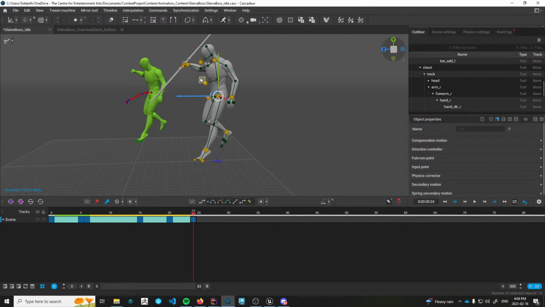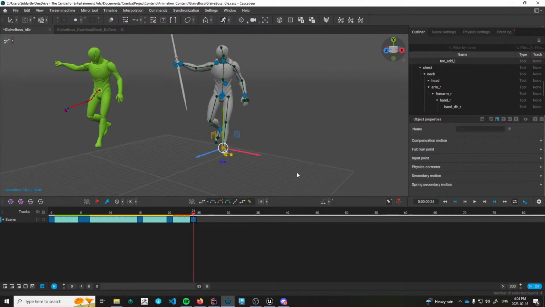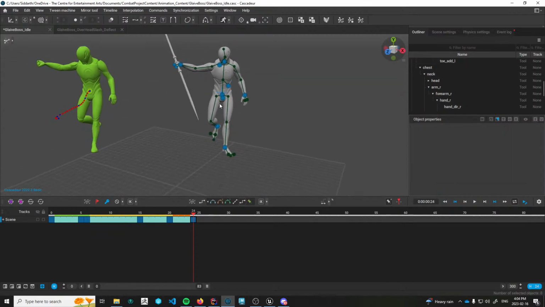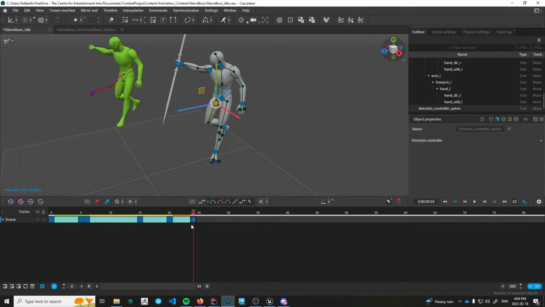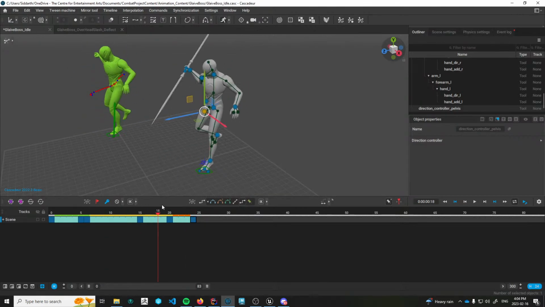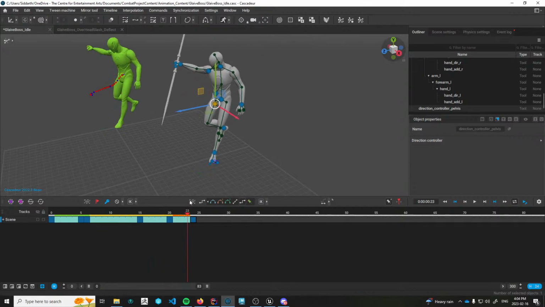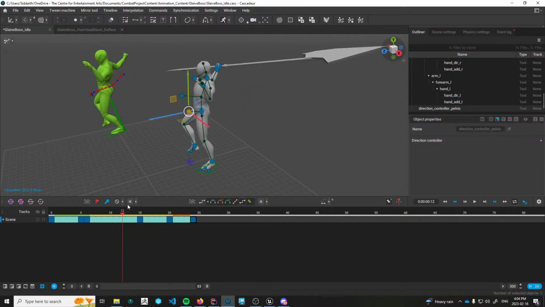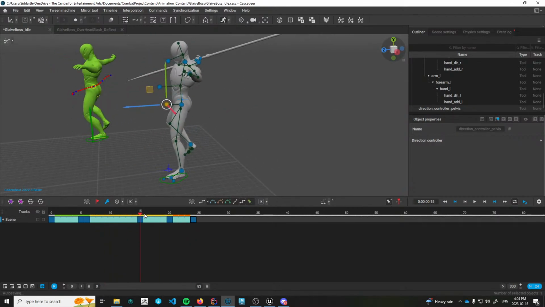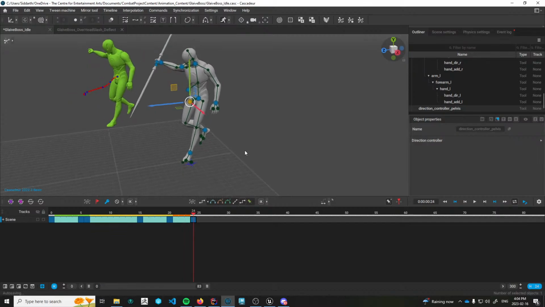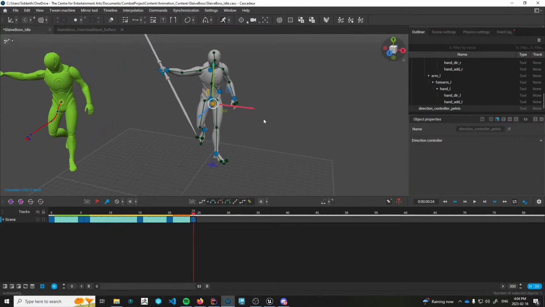So I want him to jump like that. I'll just disable his, what do you call it? So do I want him to land with the left feet? Yes, I do want him to land with his left feet because I think that shows a lot more dynamic movement, I think. So he does this, and over here you ideally want it to